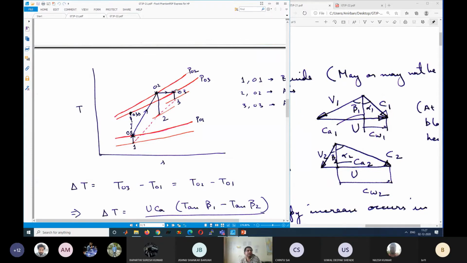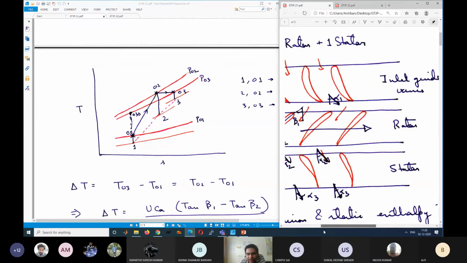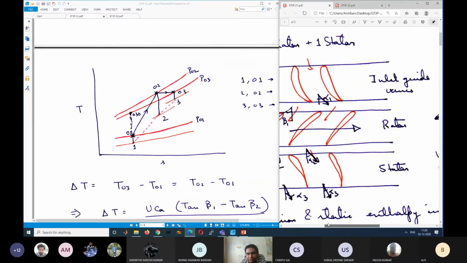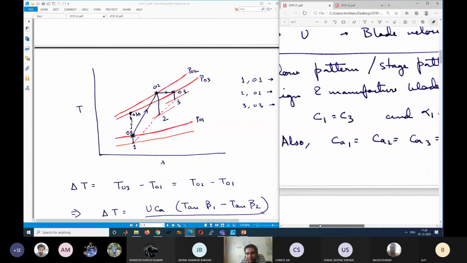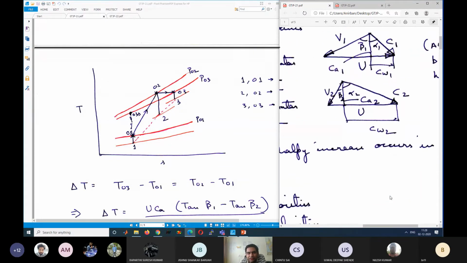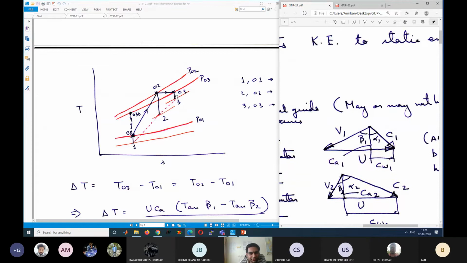What is the kinetic energy, or what is the flow velocity at the stator exit? Quick. At 3, what is the velocity that we have to take? What we have discussed previously, what is the velocity at 3? C3 should be equal to C1. This we have discussed, that by design C3 is taken equal to C1, in the previous class. So this is again C1, right? C1 square by 2, C3 square by 2, which is equal to C1 square by 2 Cp. Is it clear?